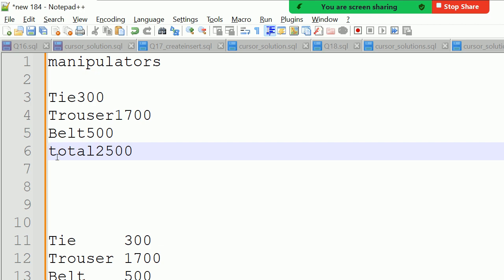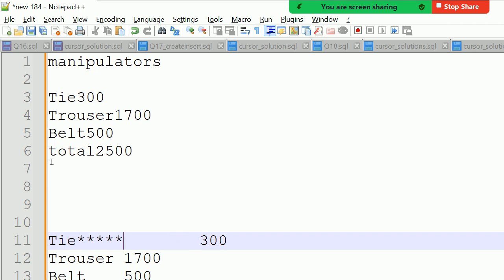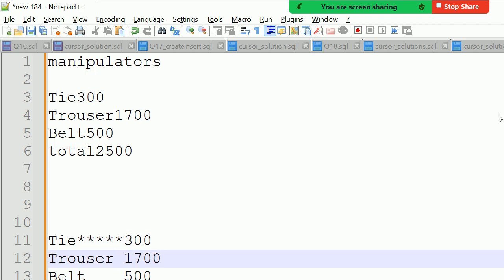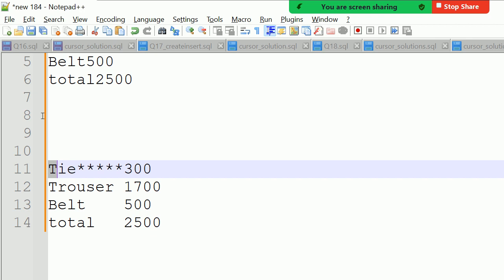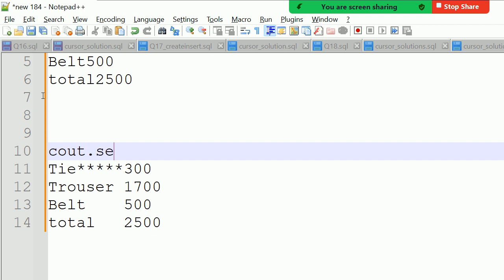Setw. So now, how much space have I reserved for the product name? 1, 2, 3, 4, 5, 6, 7. So if I put over here placeholder as star, so how much space have I reserved for the product name? Who will tell me how many characters? 1, 2, 3, 4, 5, 6, 7, 8. Correct? So 8 reserved. So I can say cout dot setw